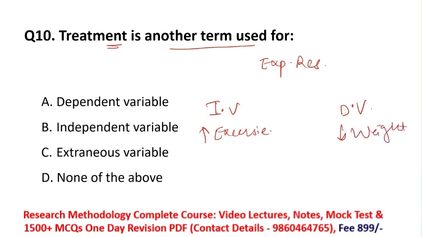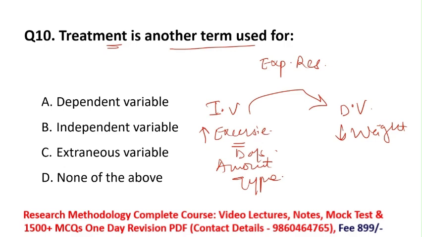My weight will automatically start decreasing. So it depends on how many hours I am doing exercise, and what type of exercise I am doing daily. The amount of exercise matters, the type of exercise matters, and how many days I am performing exercise matters. Then only you can see its effect on your weight. My weight may be decreasing very fast or very slowly, or it may still be moderate.